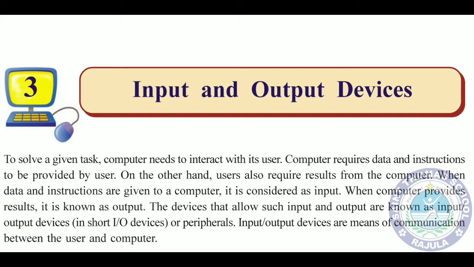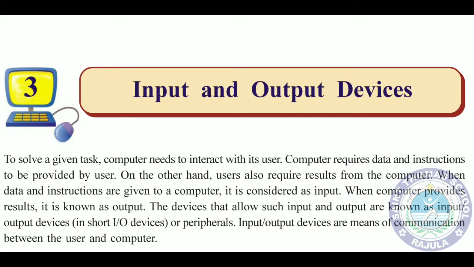We all know that computer is an electronic device, and to interact with the computer or if we want to perform some task with the computer, we have to first give an instruction to the computer about what it has to do. So the instruction or the data that we are giving to the computer is known as input. Then, what is output? Once the data is given to the computer, it will process that data and then generate the result. The result that we are getting from the computer is known as output.